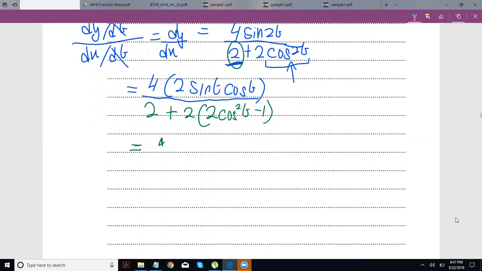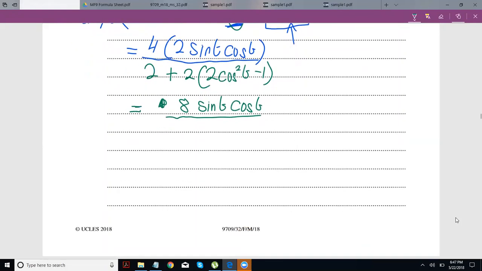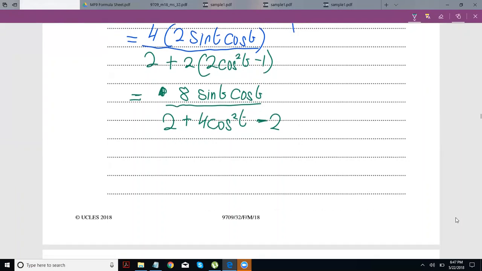You have 8 sine t cos t, and below, what I was talking about: 2 plus 4 cos square t minus 2. Now this minus 2 is something we needed to cancel the plus 2, and the reason we needed to cancel the plus 2 is that then you don't have any plusing or minusing going on in the numerator or the denominator,